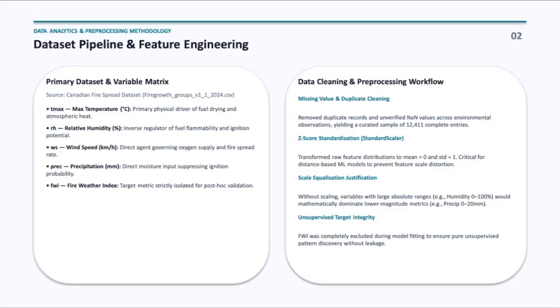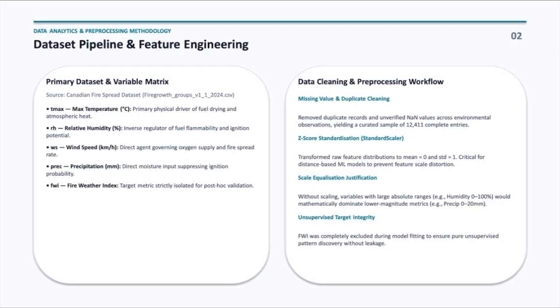Temperature and relative humidity determine how dry the trees, grass, and forest floor become, making fire easier to ignite. Wind speed supplies oxygen to the flames and physically pushes the fire forward, controlling how fast it spreads. Precipitation acts as a natural dampener that cools the ground and raises moisture levels. Combining these specific variables gives the K-means model the weather inputs it needs to separate low-risk days from dangerous fire-spreading